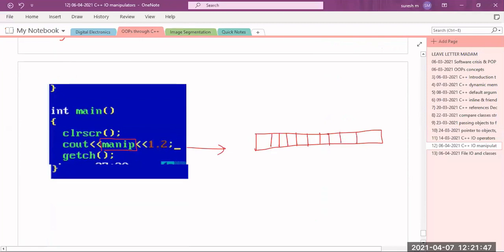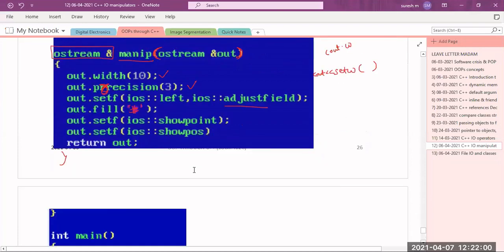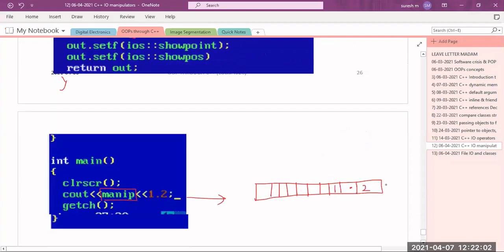After setting the width, then it has to display the 1.2, which is your precision. It has to display 3 digits, so that's why 1.20. So here the 0 will be there, and this is your 1.20.